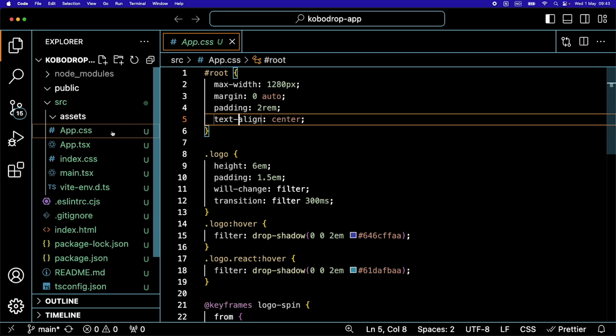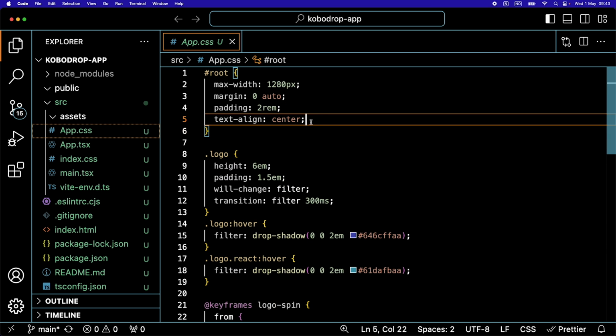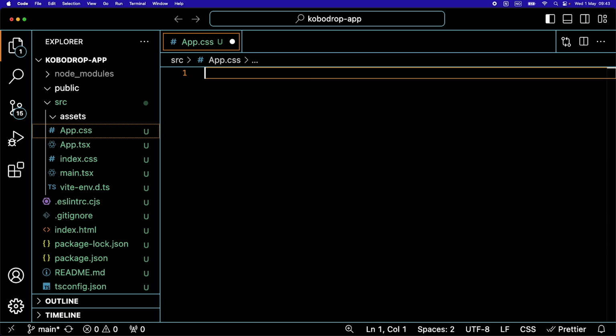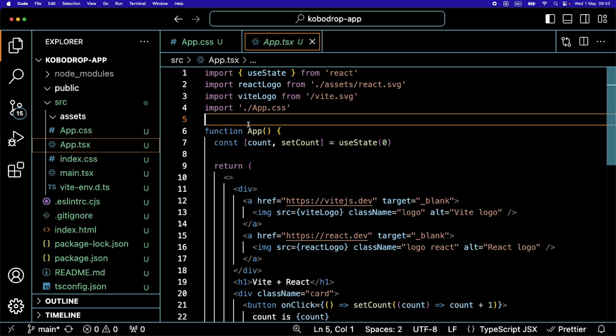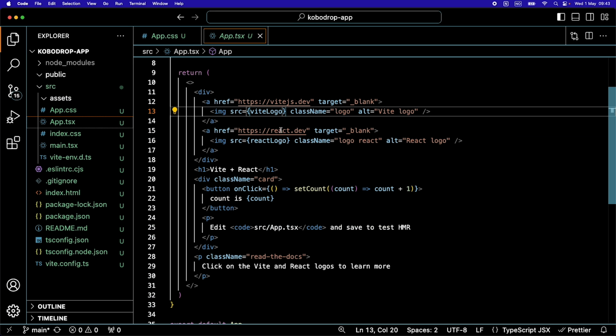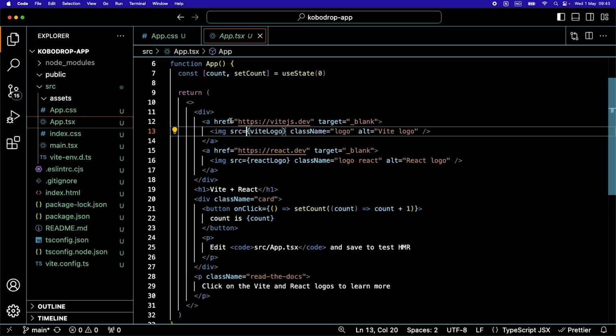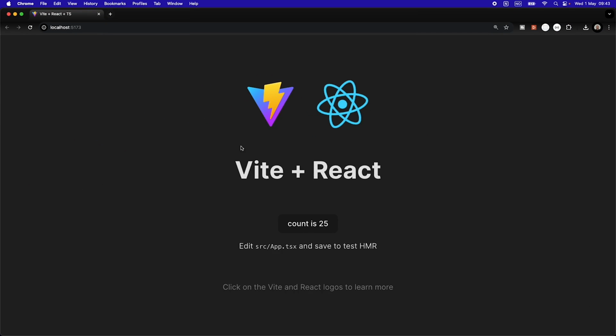We have the app CSS. Also, that's the base styling that we have. We can target all of that and delete that because we're going to create our own styling from scratch. And then we have the app. This is basically the entry point for the whole project. That's everything we see now in our app. If we open it up,